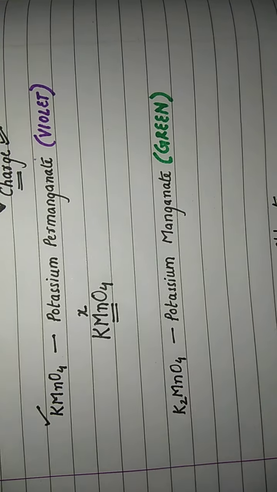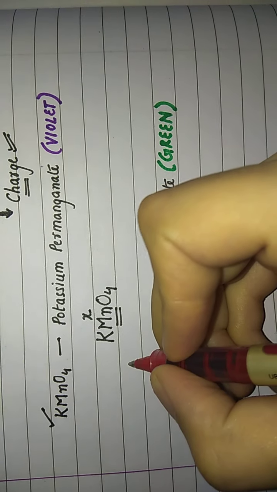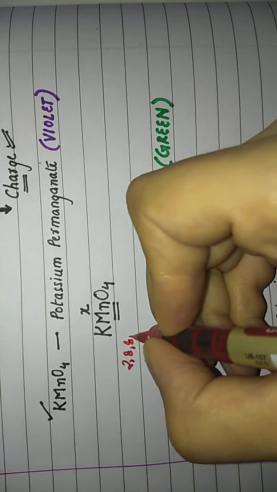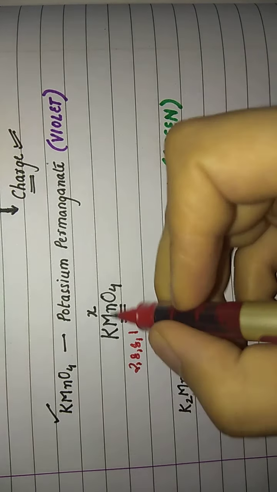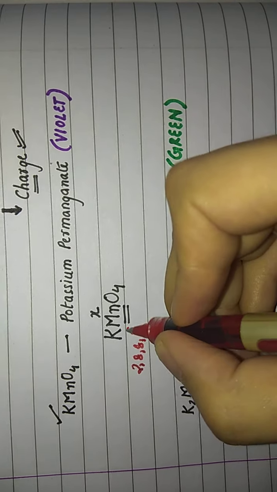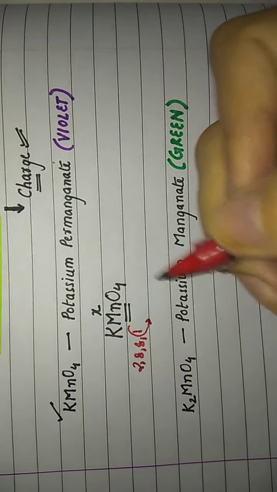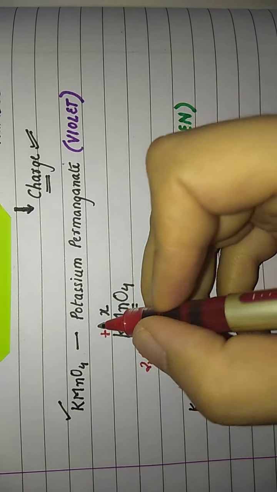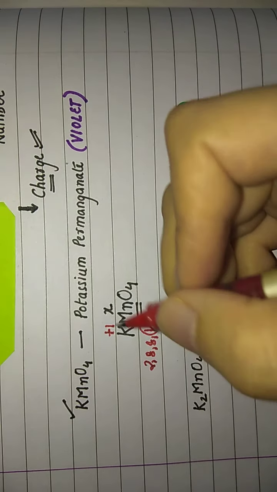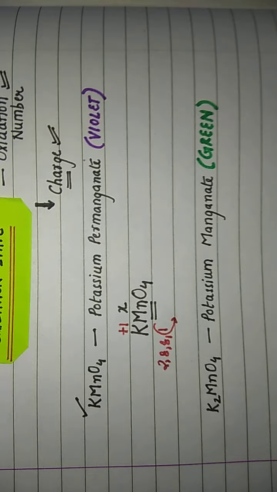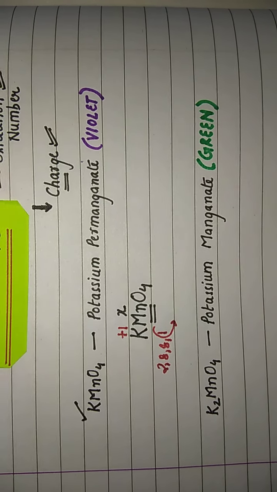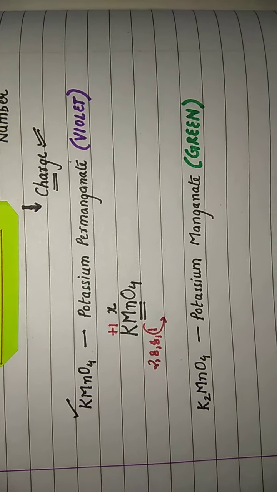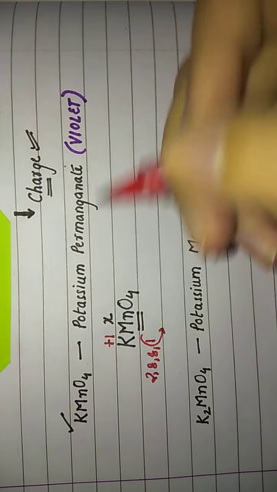We know the electronic configuration that you have done up till class 10th. For potassium it is 2, 8, 8, 1. So how does potassium become stable? It loses an electron from the outermost shell and acquires a +1 charge. So the charge exhibited by the potassium atom is +1, and you also know it lies in the first group of the periodic table and it exhibits a charge of +1. It has a valency of 1.